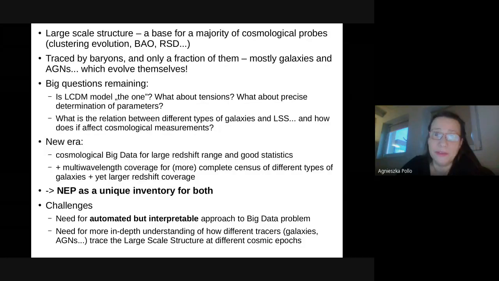Telescopes are based on them, studying evolution of galaxy clustering, finding baryonic acoustic oscillations, measuring redshift space distortions. All these things can provide us with valuable cosmological tests, which basically tell us what universe we live in. The slight problem here is that with all these cosmological tests, in principle, what we would like to measure is